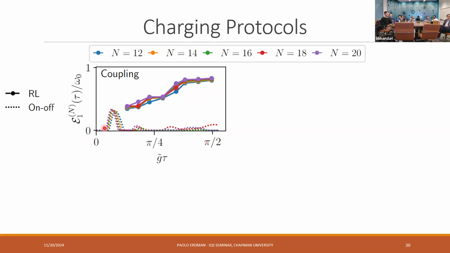Here I'm showing this ergotropy as a function of the charging time tau. And here the dashed line corresponds to the on-off protocol. So this is what happens if you just do this on-off and you switch it off after time tau. You see that you reach this peak, but then it actually goes back down to zero. And this peak only corresponds to extracting, I don't know, maybe 1/3 or 1/4 of fully charging the battery. So 1 is the maximum that you could transfer. So you only reach a small amount and then it goes down. Here, each color corresponds to a different number of two-level systems. We considered numbers between, let's say, 10 and 20.